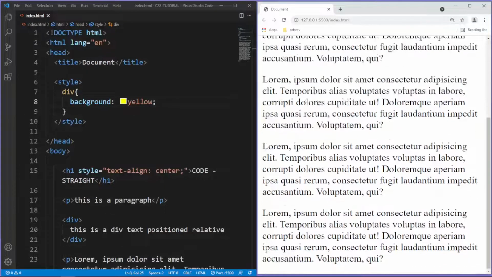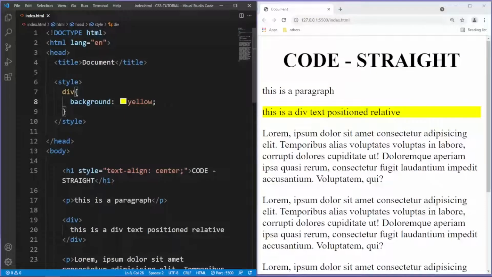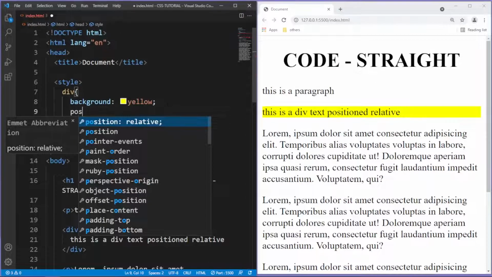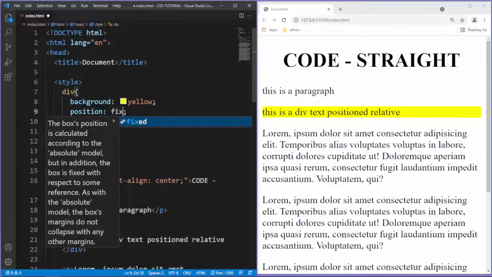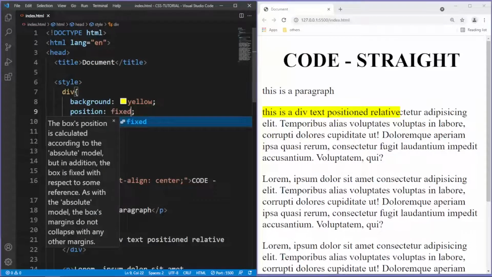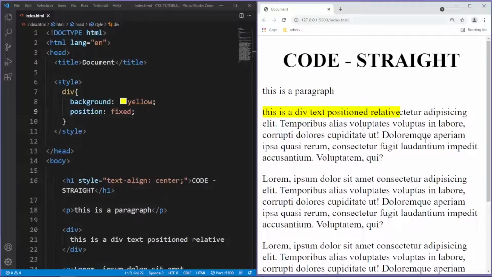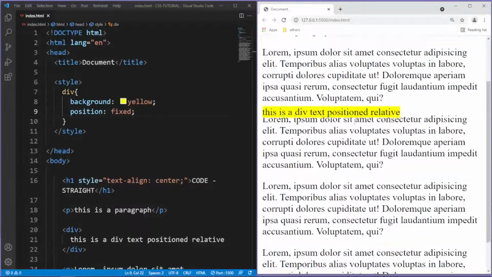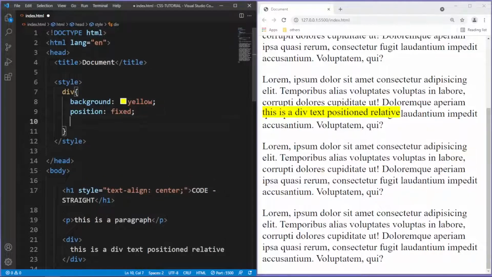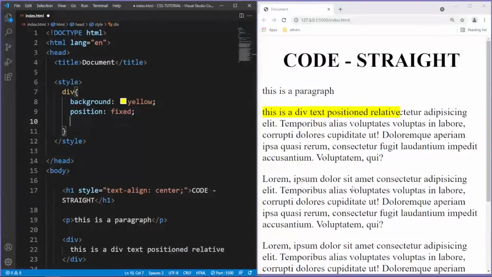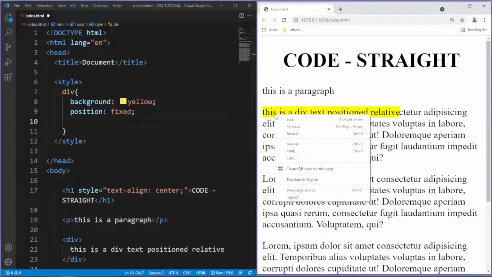Alright, now I'm gonna add a property here, position fixed. It's saved. Now if I scroll, it stays there relative to the viewport. Or you can also specify its fixed position in terms of top, right, bottom, left. Let's fix this element here,